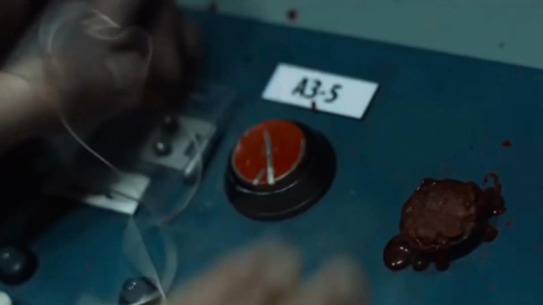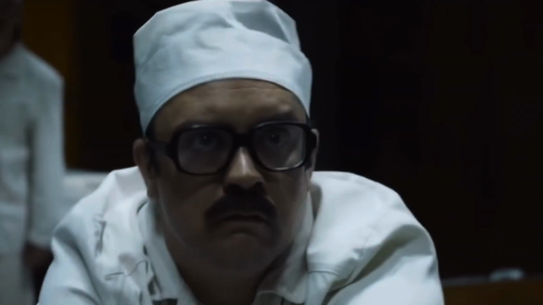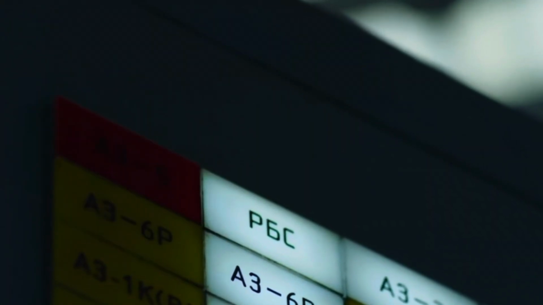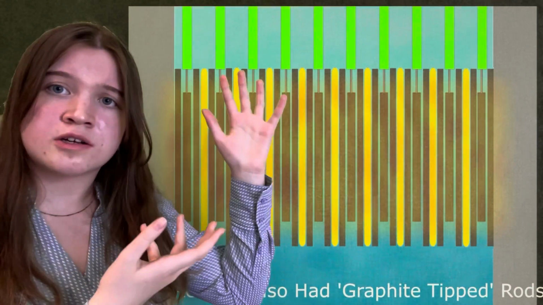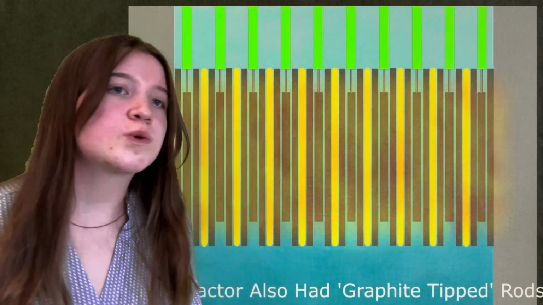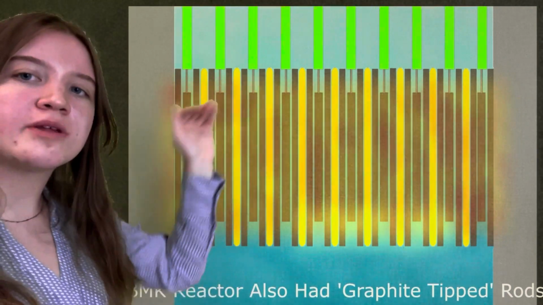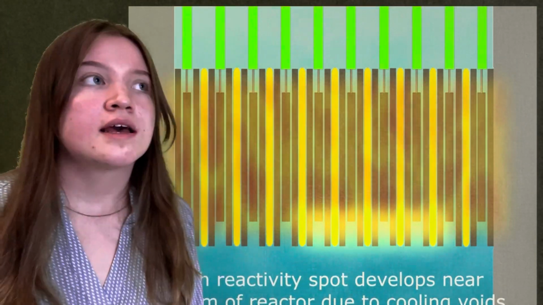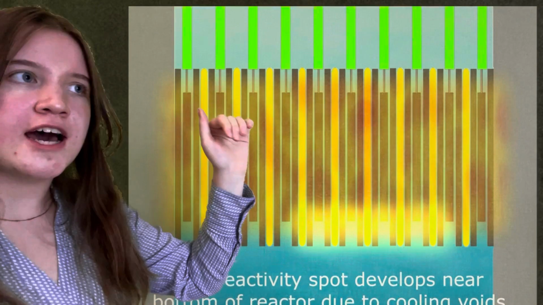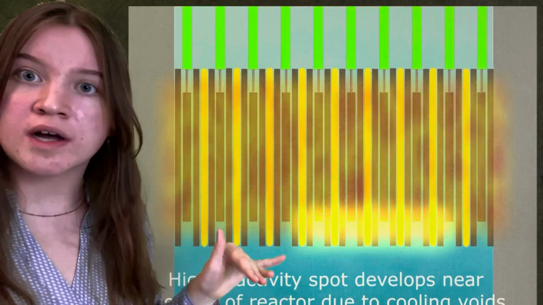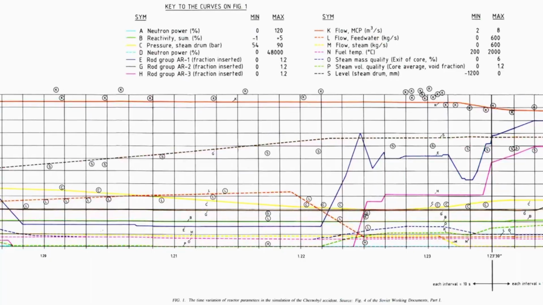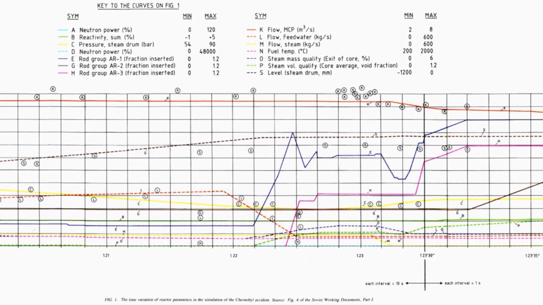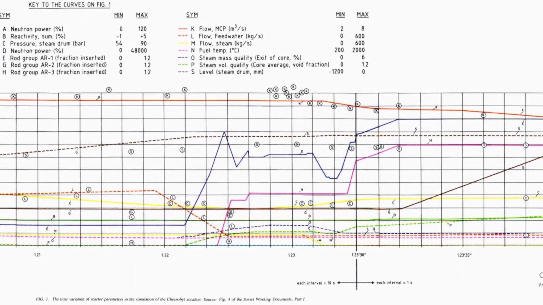More and more water was boiling away, and the AZ5 emergency switch was finally activated to insert all the control rods at once. Now, do you remember those graphite rods that I mentioned that displace the control rods upon removal? Well, since we already know that there isn't enough water at the top and the bottom of the core for neutron absorption, when the AZ5 inserted all the control rods at once, the graphite displaced all the water at the bottom of the core. The AZ5 activation was unfortunately too slow, since 18 seconds was enough to create an uncontrollable